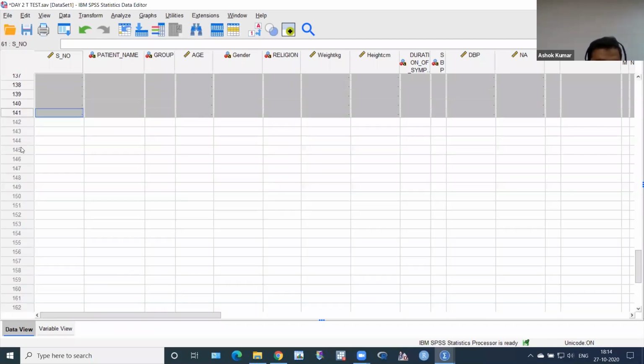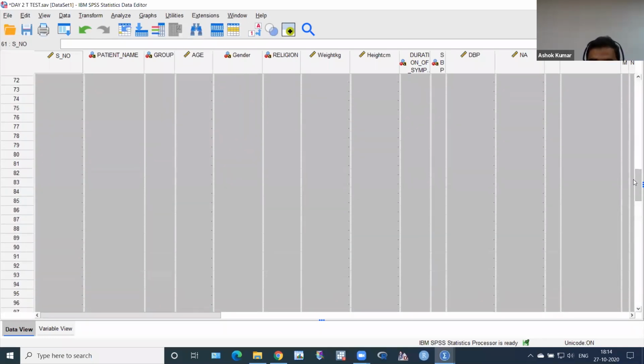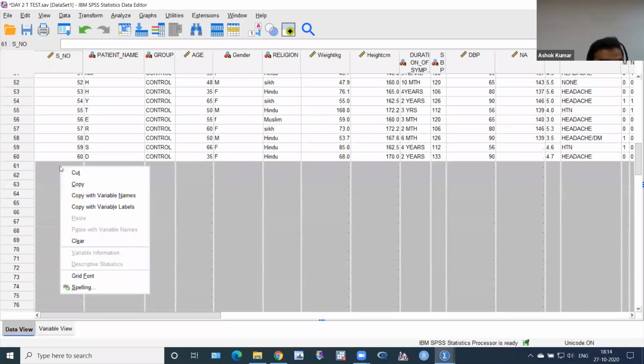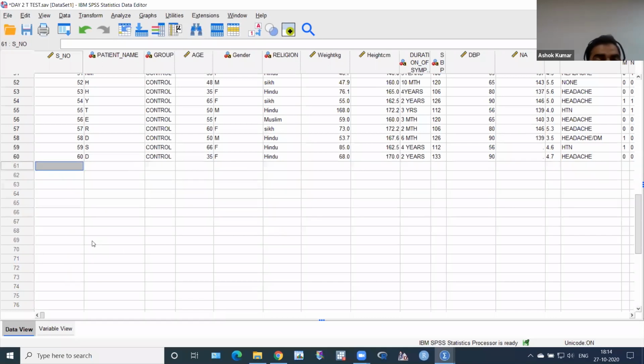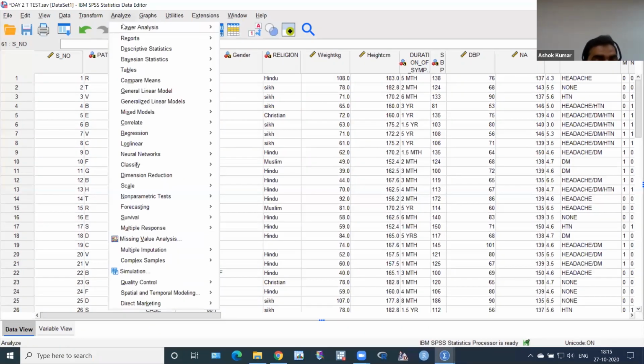Sometimes when I calculate frequency or percentage, these dots will give wrong results. And then I click here, putting my cursor here, not here, and right click. Then click on Clear. These dots are automatically gone. Okay, so now repeat the same: Analyze, Descriptive Statistics, Explore,